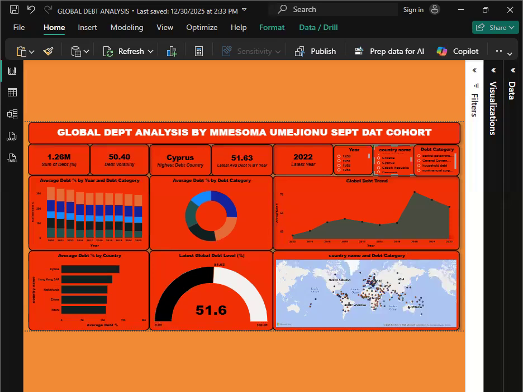In conclusion, this analysis shows that the global debt remains structurally high, driven largely by government borrowing, with a noticeable peak around 2020, followed by a slight stabilization, while some countries like Cyprus carry exceptionally high debt levels. The broader trend indicates manageable but persistent global debt exposure.